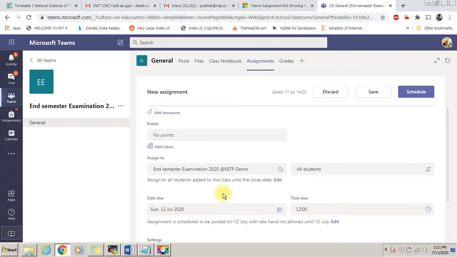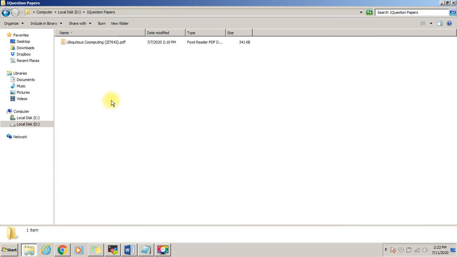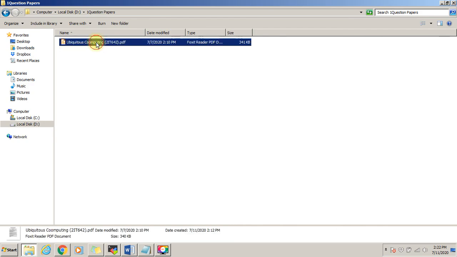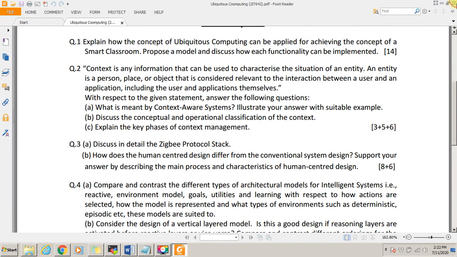And then the last thing that you need to add is the question paper. So you need to go under the instructions section and click on add resources. Now I have already saved my question paper with the subject name and subject code as a PDF file. You'll see this is my question paper which I'll be uploading on the Teams portal.